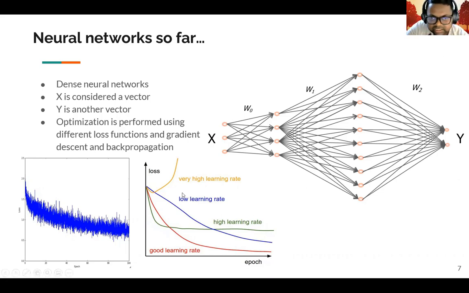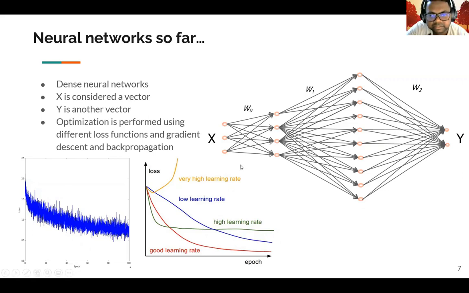The optimization is simple. We have looked at earlier as well how you perform minimization of the loss using stochastic gradient descent or some variant of stochastic gradient descent. And we have also looked at how different learning rates and other hyperparameters make your loss either go up, in which case it is unbounded, or when you use a very low learning rate, then it converges very slowly, and using a very high learning rate can also lead to suboptimal solutions or local minima in that case. And this is the overall picture of what optimization is and everything.